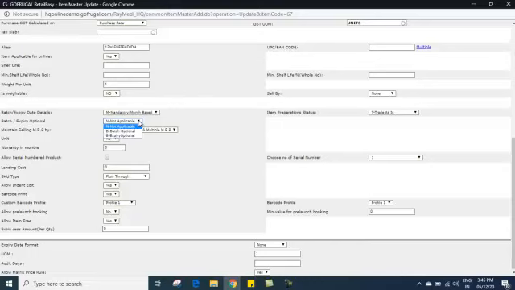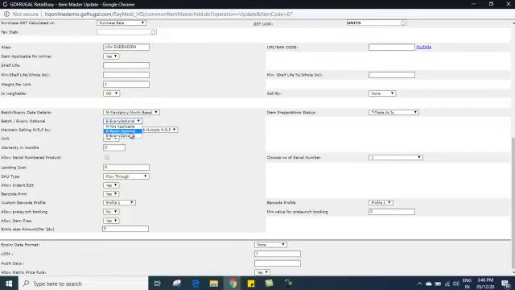If you want to make the expiry mandatory, you can choose the batch optional. So now the expiry will be mandatory and batch will be optional. If you choose expiry optional, it means the batch will be mandatory but expiry will be optional. So just as per your choice you can do.